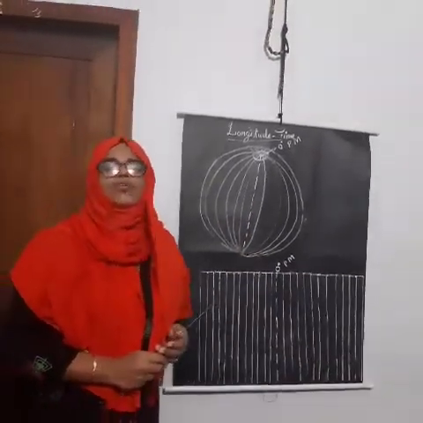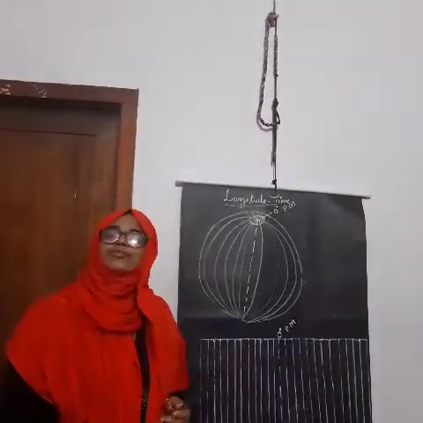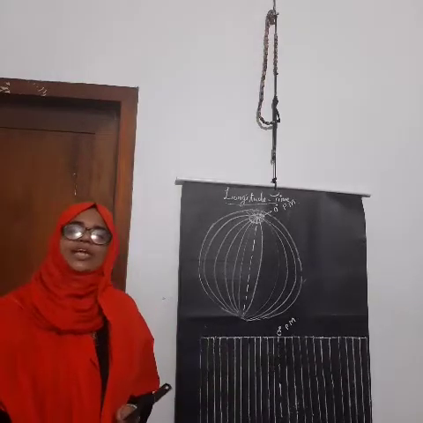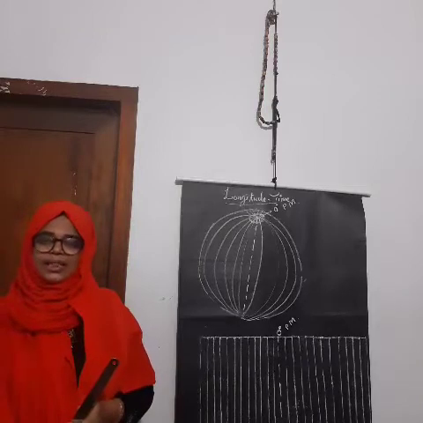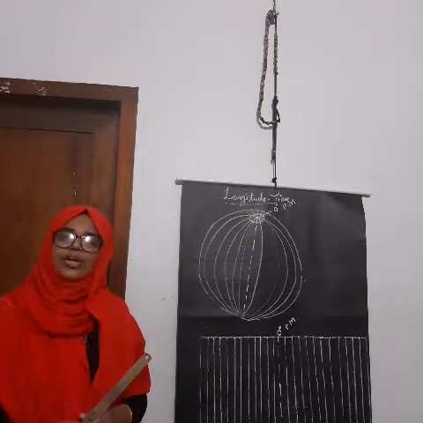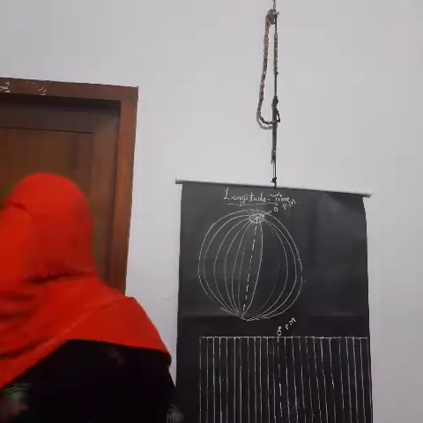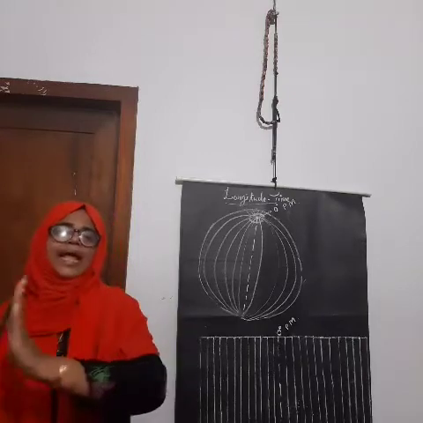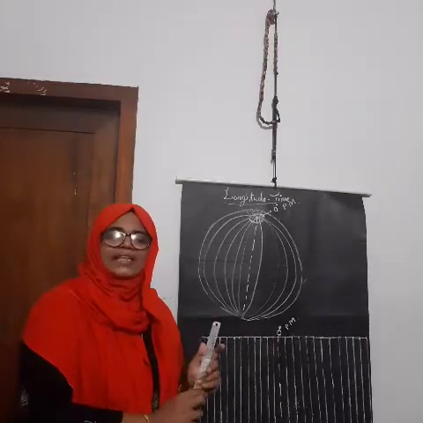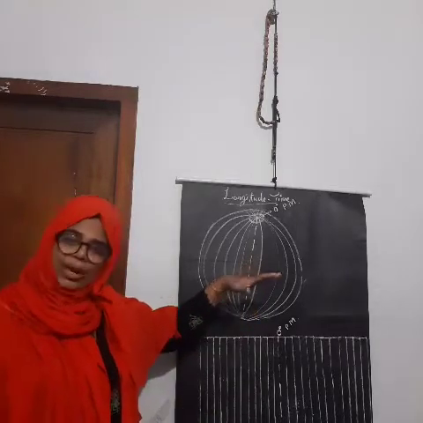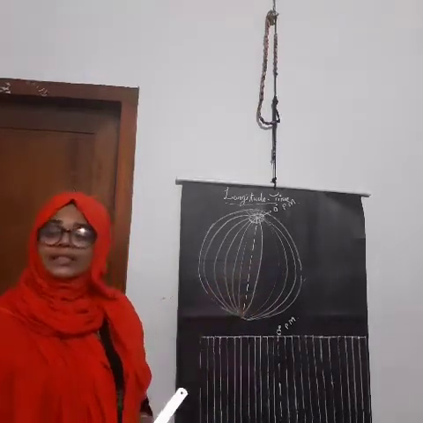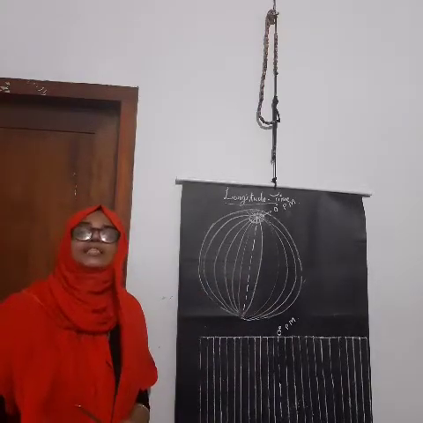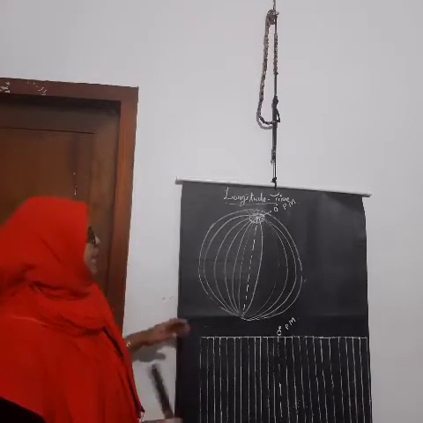For measuring or calculating this distance, we have to know one thing, that is the rotation of the earth. Rotation is one of the movements of the earth. What type of movement of the earth is called rotation? Yes, like this. This movement is called rotation. It means the earth is moving around its axis. To complete this movement, how many degrees does the earth have to pass? Yes, 360 degrees. Total 360 degrees.